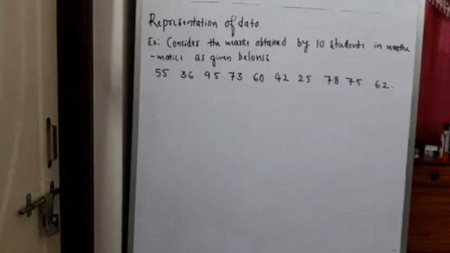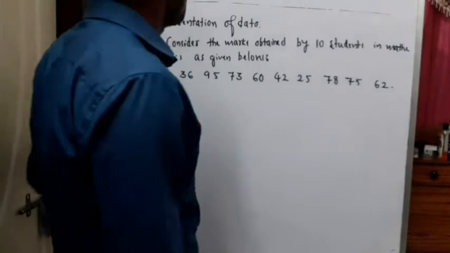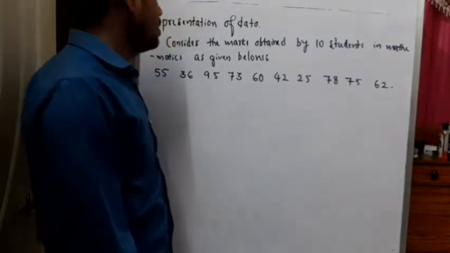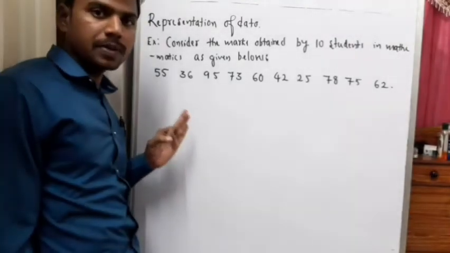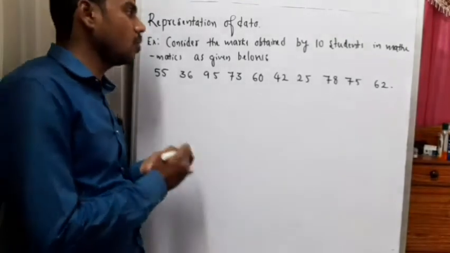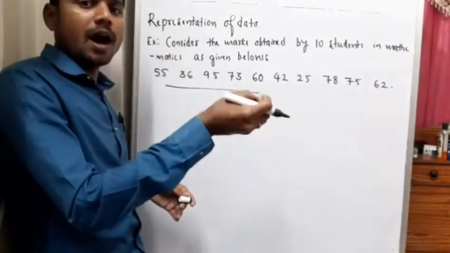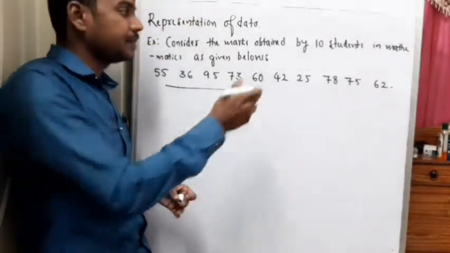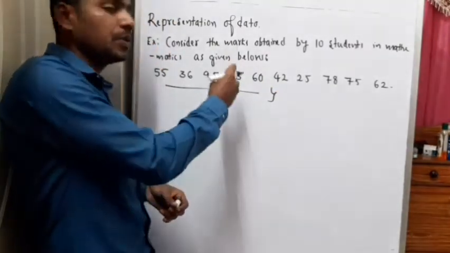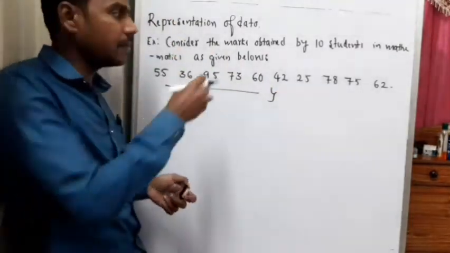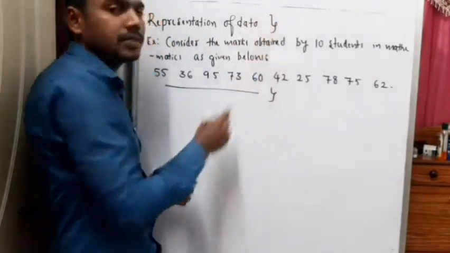Students will now go through the introduction to exercise 14.2. In this we'll learn how to represent the data. So I have taken the first example. Why do you need to represent the data in a meaningful way? When you look at the data, it should be understandable by the observer, and it should be easy to fetch information from that given source of data. So for that, representing data is very important.